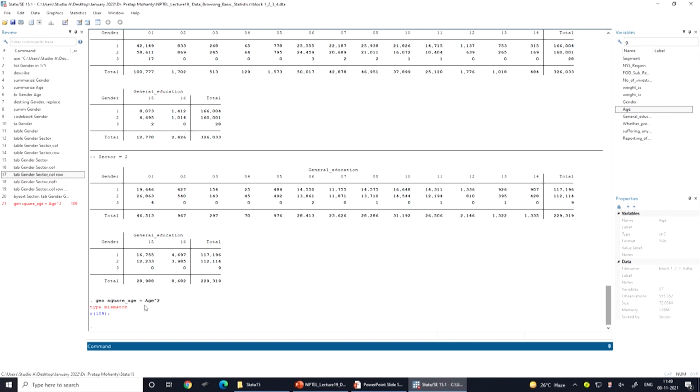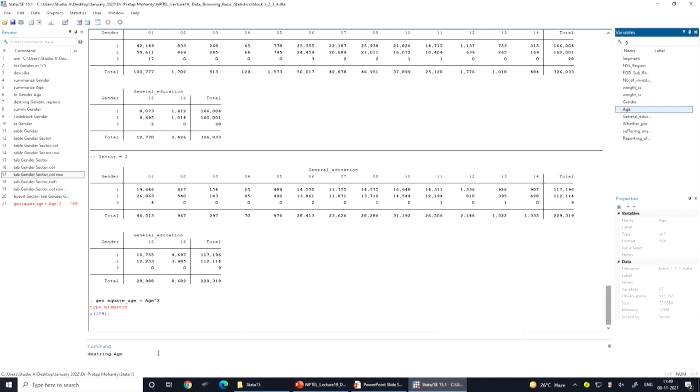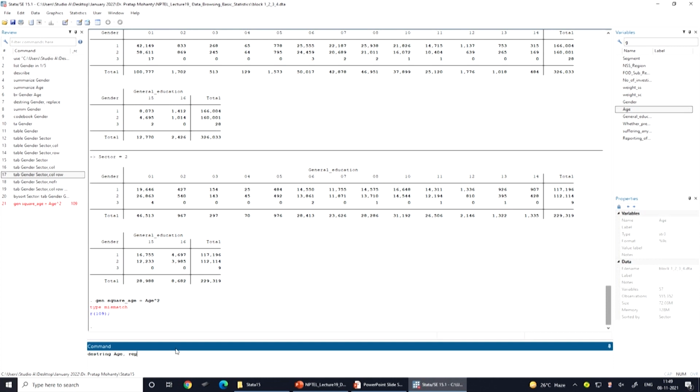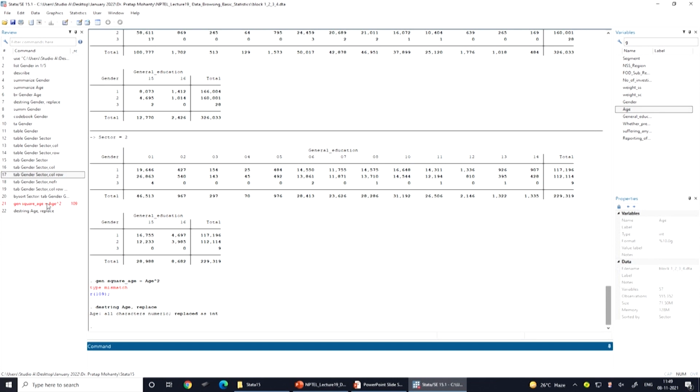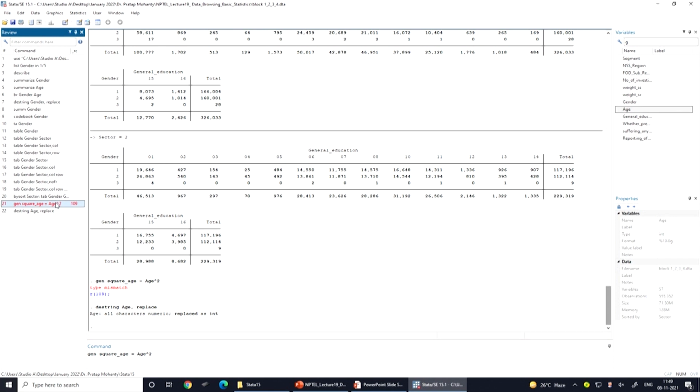So we have to convert this with destring first and make it a numeric value. Destring age, with replace, so it replaces the original variable. You can take a note why we applied replace: destring changed the nature of the variable, and if we do not replace, there will be some mismatch. Now our variable has numeric values.